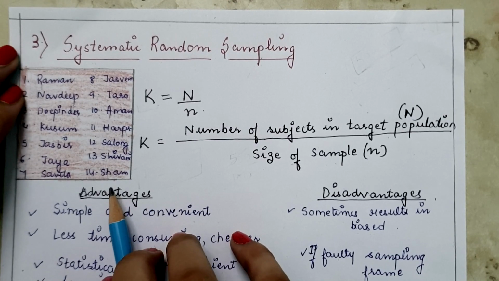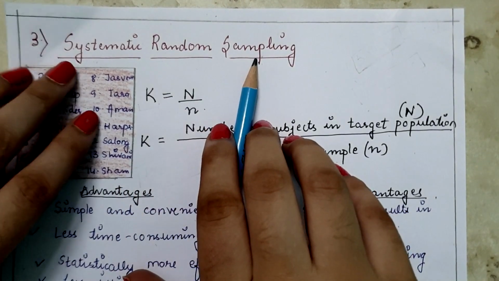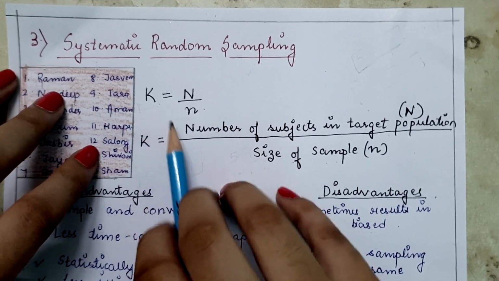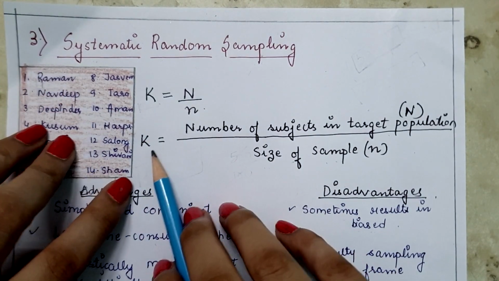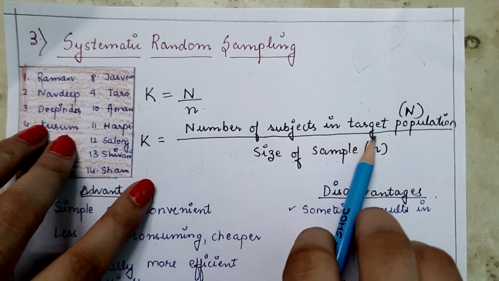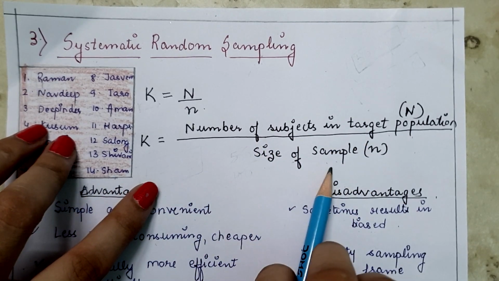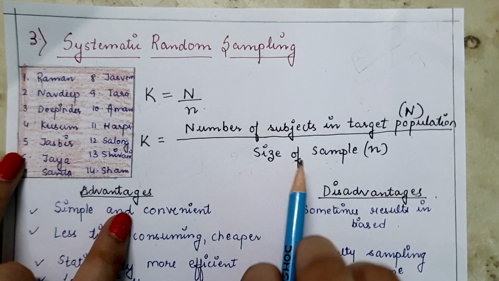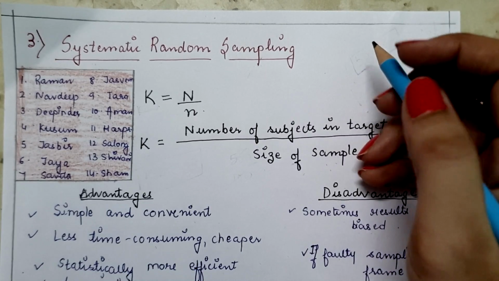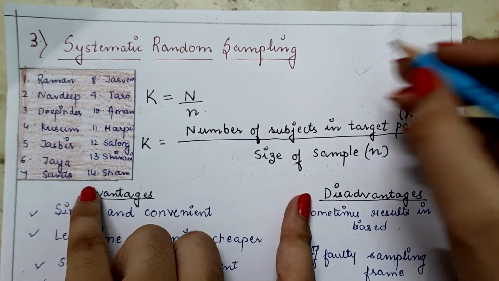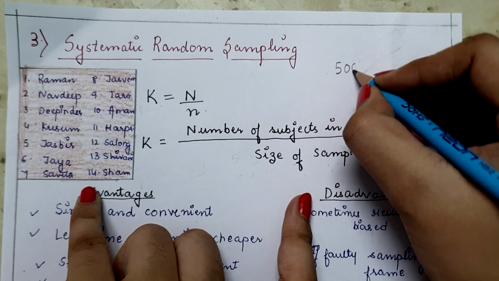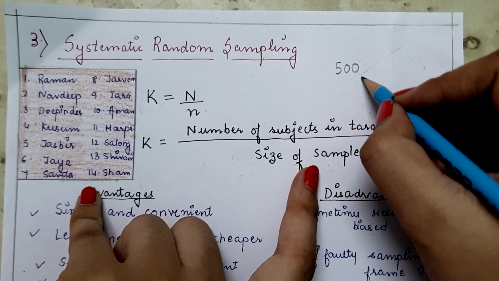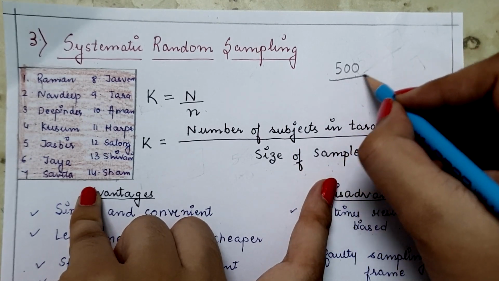Third one is systematic random sampling. In this, every Kth member from the population is selected as a sample for the study. K is equal to the number of subjects in the target population over the size of the sample. For example, the researcher is conducting a study on diabetic patients from a particular area, and the researcher finds a total of 500 target population, or 500 diabetic patients, but the researcher only wants 100